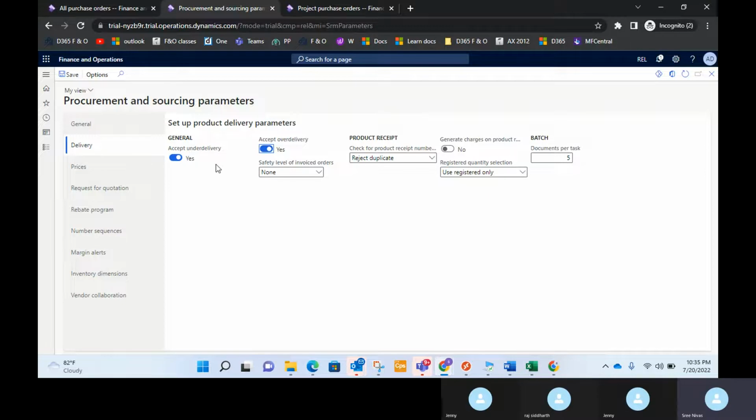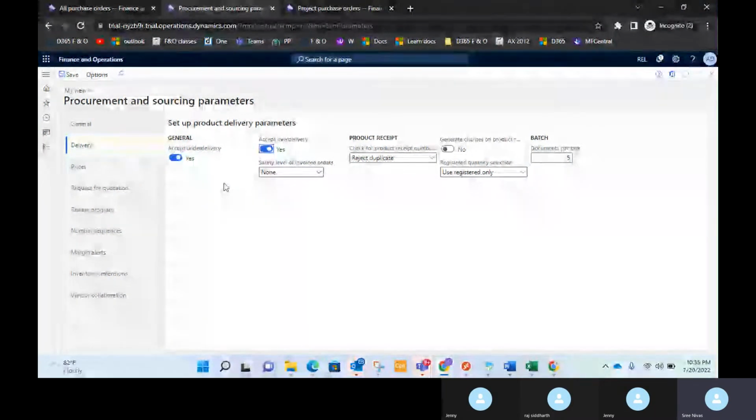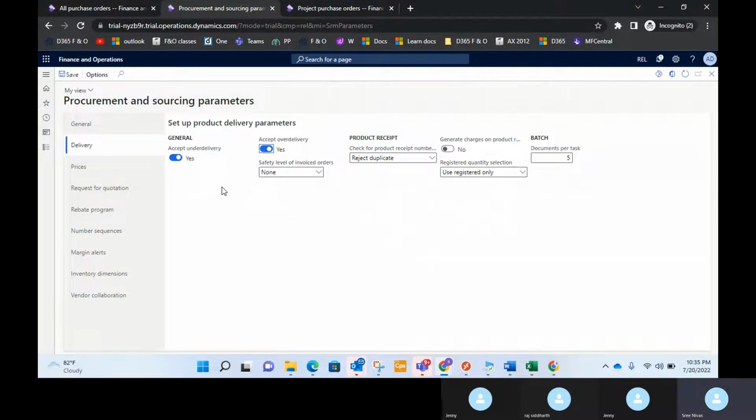So the purpose of enabling these two options is, let's say for example, if you're receiving an under delivery, instead of the 1,000 ordered quantity, if you're receiving less than the quantity, or sometimes you might receive more quantity also, right? In that case, if you want any of your end users to update or to match that invoice, the system will not allow them if you do not give this option. So this option should be enabled to yes, then only the users will be able to post the GRN or accept that invoice. So these two options will have to be enabled, and the rest of them